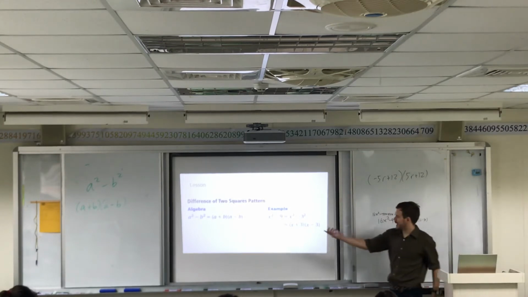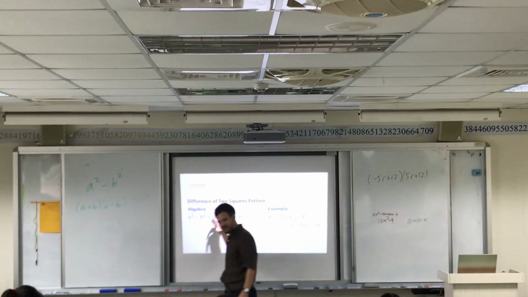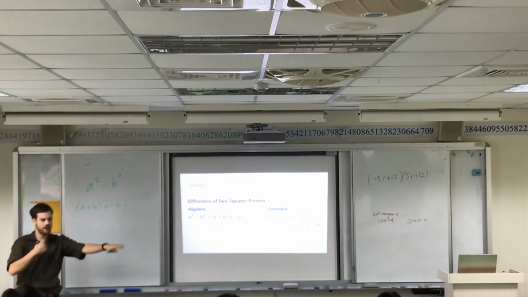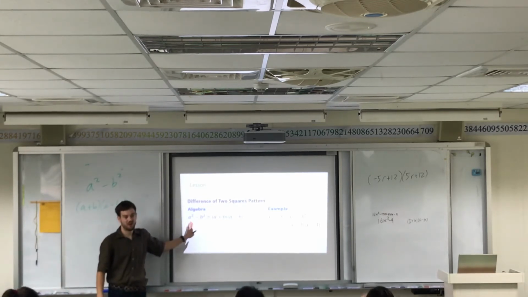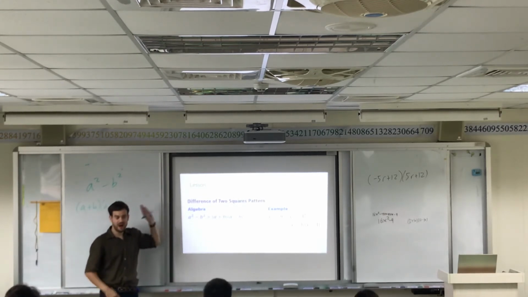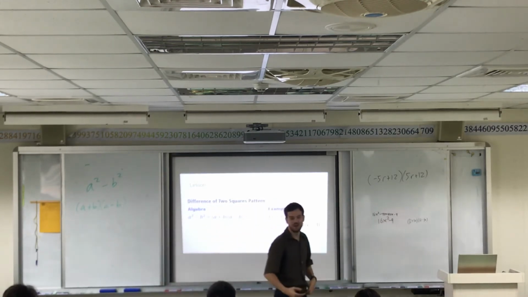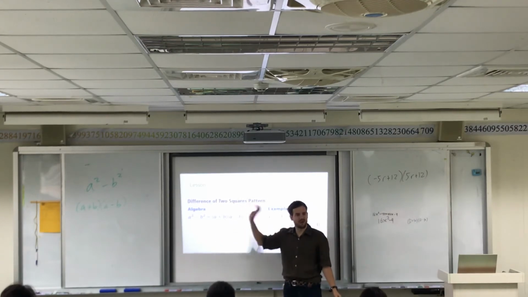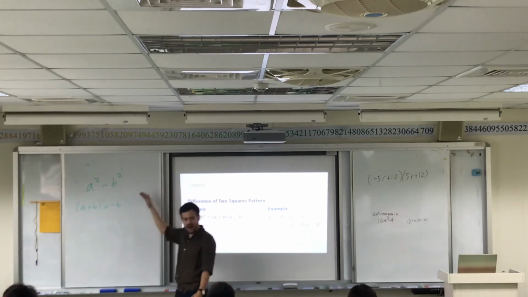So we did this backwards before, right? We did a plus b times a minus b is the same as a squared minus b squared. So now we're just doing it the opposite way. And this is the way I really use it more. Honestly, in higher level math classes, this is way more valuable than being able to multiply. You can just multiply this out without remembering this pattern, but it's really hard to factor it if you don't